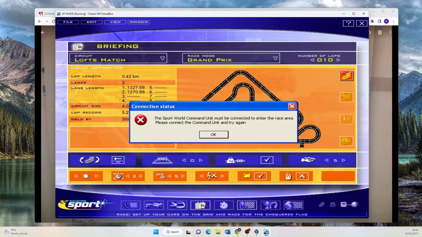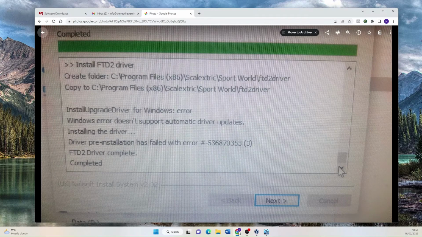So I went into the device manager on my Windows 11 PC, found the command unit listed, and tried to update the driver. It wouldn't update the driver. I found the driver location in the software and tried to tell it to install the driver. It wouldn't do it. I uninstalled the software, reinstalled the software, did this 4 or 5 times, and then I